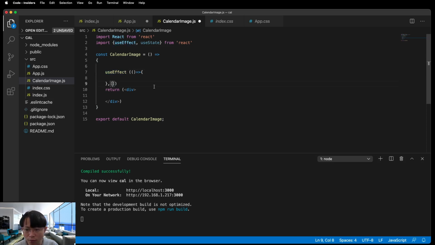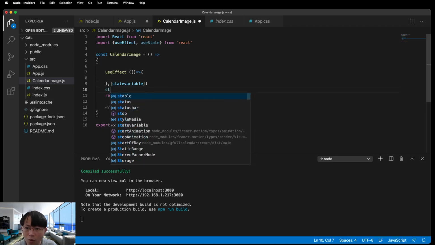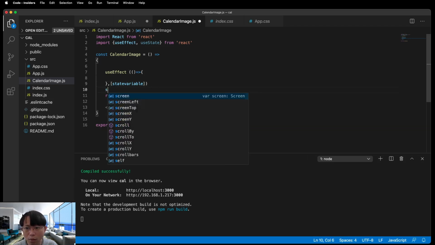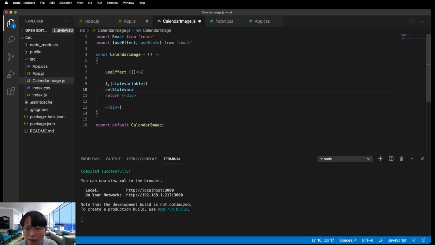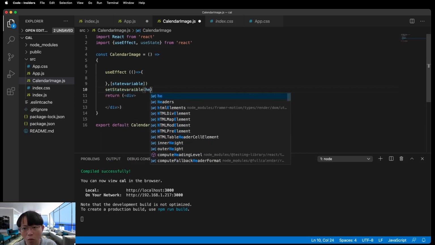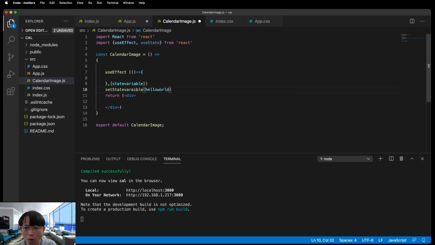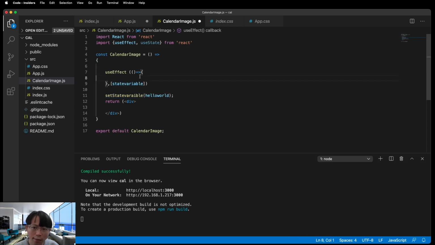If there's a state variable here, and for some reason, something along the way sets the state variable to something like hello world, right? By using the set statement, it will be changed, and then useEffect